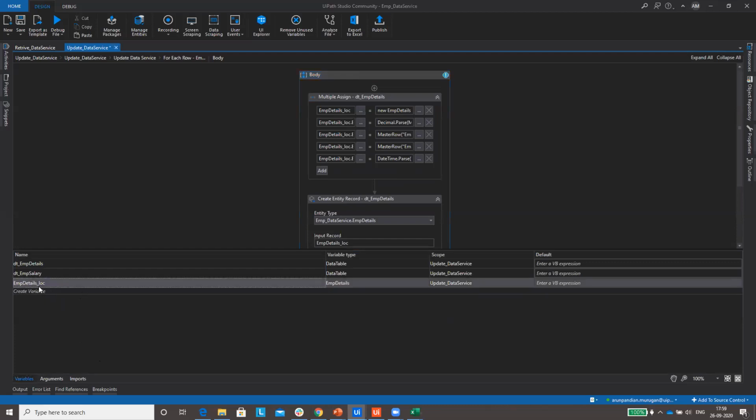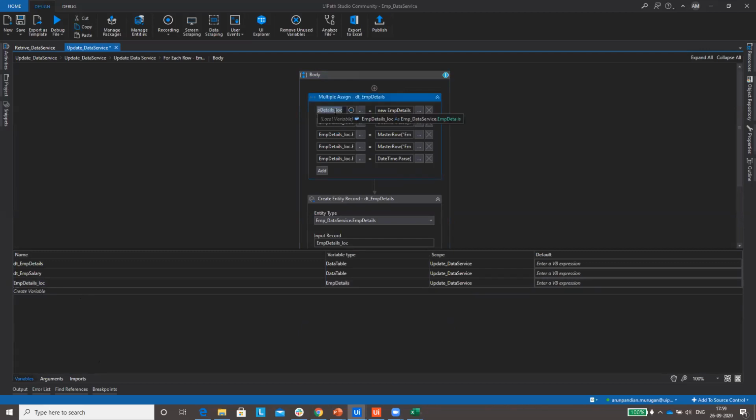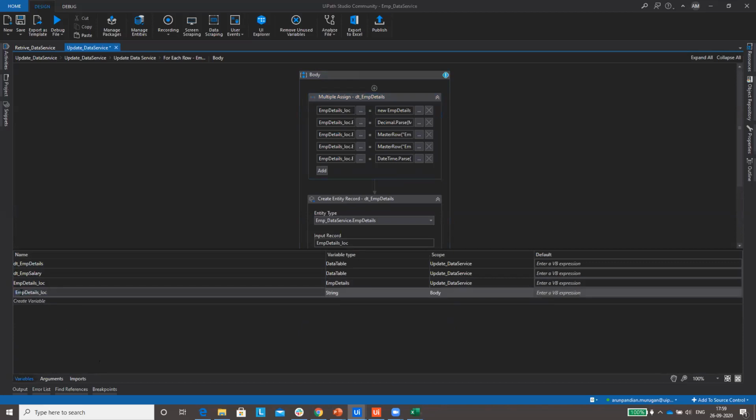Let me delete this particular variable and create the variable. Go to the variables panel and just create this particular variable.